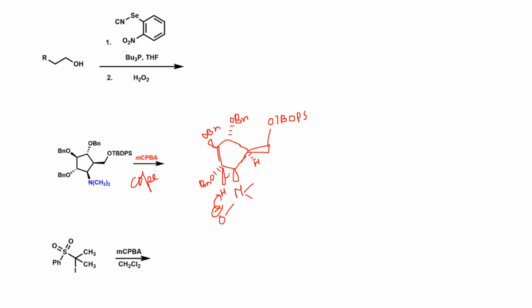Cope elimination for here. Eliminated. Why this proton? Because this proton is anti to each other, but this proton is syn to this nitrogen. I have already told, in case of Ei elimination, the eliminating bond and the eliminating hydrogen should be syn to each other. So this hydrogen won't be eliminated. It will selectively take up this proton and eliminate to give a double bond at this place. The product will be